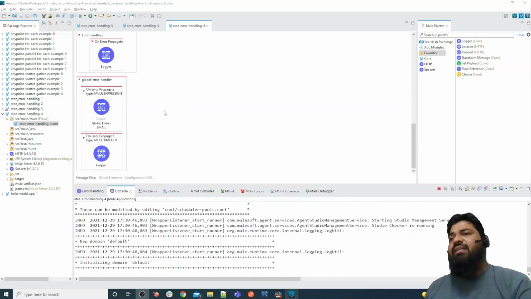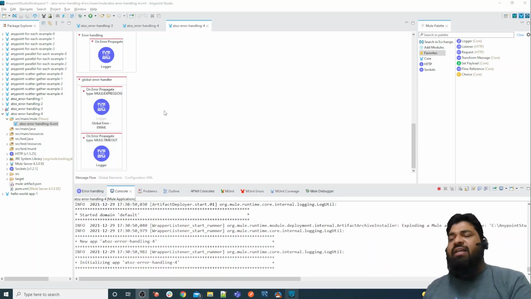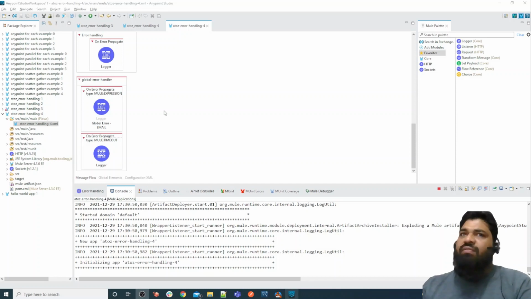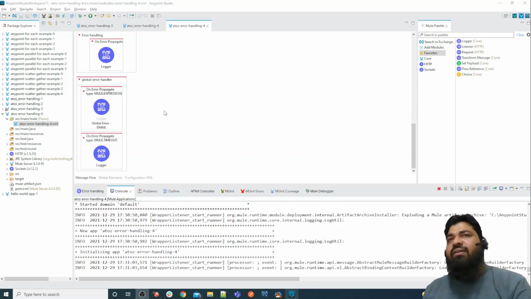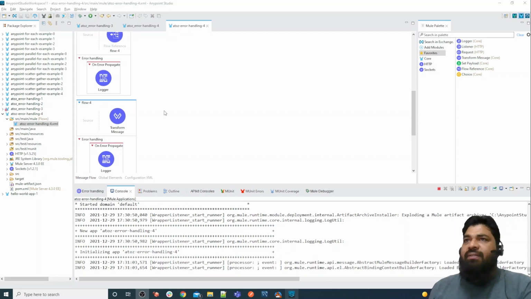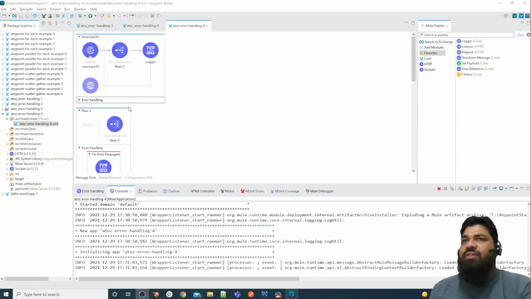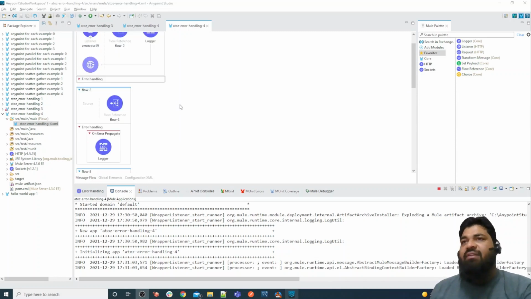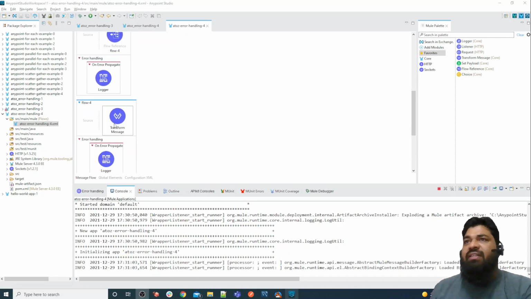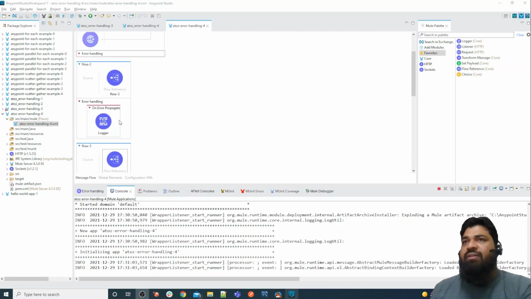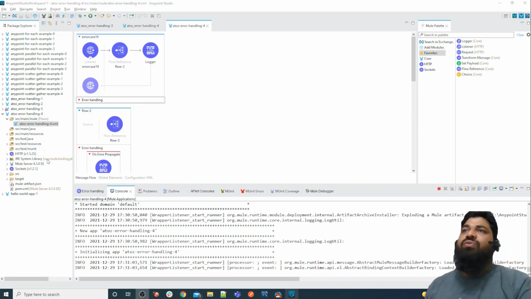It will throw the error through multiple depths, for example 5th to 4th, 4th to 3rd, 3rd to 2nd, and 2nd to 1st. But in Mule 3, I think it will only throw the error to the 2nd depth. So that's what I want to show in this example: how many depths our error handling is thrown. Basically from flow 4 it will throw the error to 3, 3 to 2, and 2 to 1.